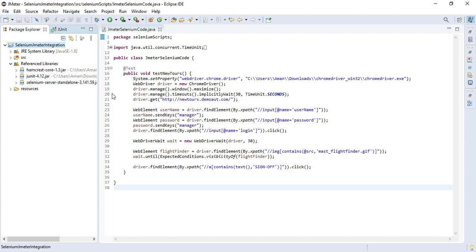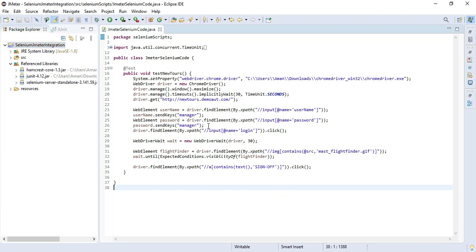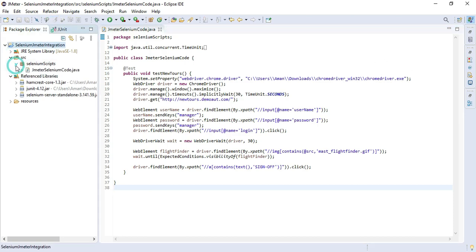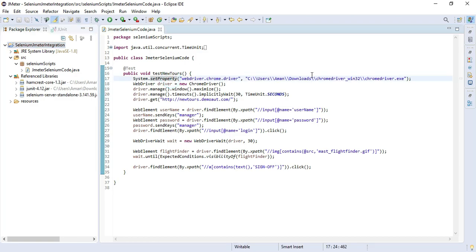Okay, so once we have added all three jar files, we will create one script. As you can see, I have created one package with the name Selenium scripts and created one class, JMeter Selenium code. In this, first I have set the property in which I have given the Chrome exe path.